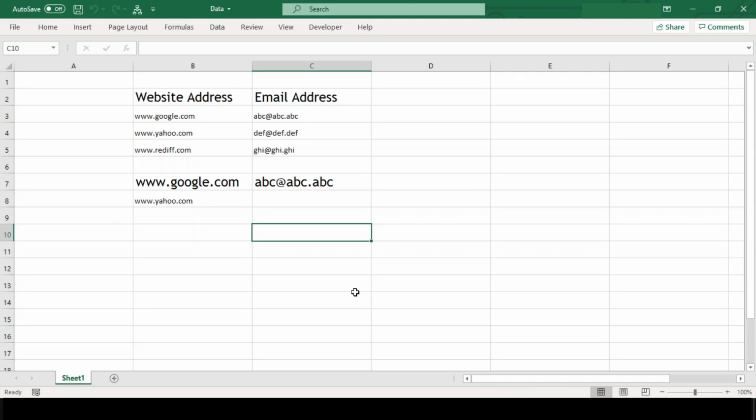The third method is more like a tip. So when we leave the cell after typing any email address or website address and Excel autocorrect adds a hyperlink to it, we can just use Ctrl Z to undo the autocorrect. This can be handy when we are neither ready with the VBA code nor have we made any changes in the Excel options to prevent Excel from auto hyperlinking.